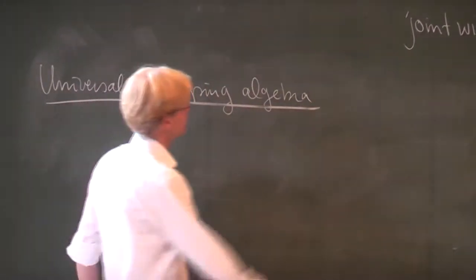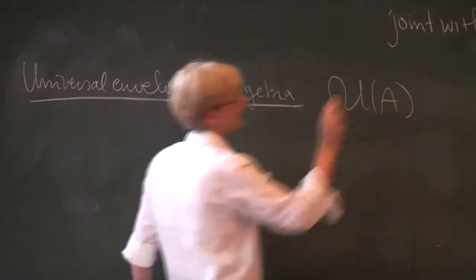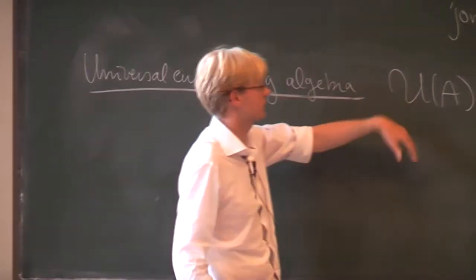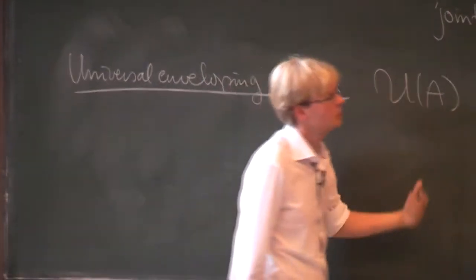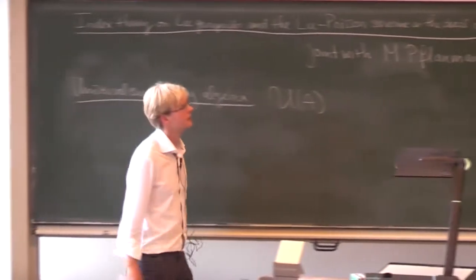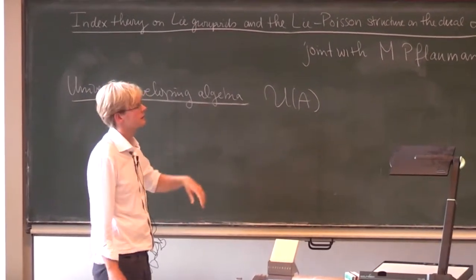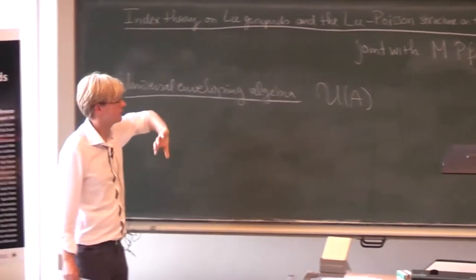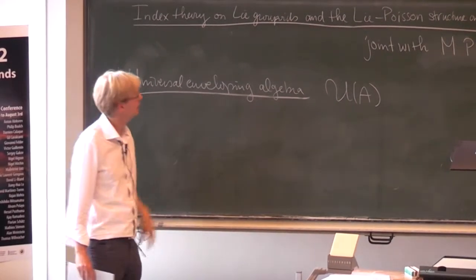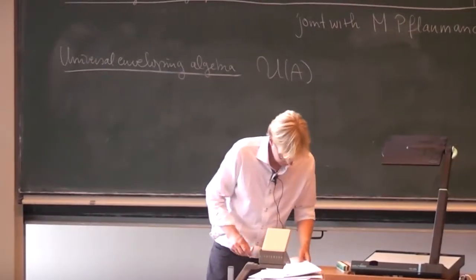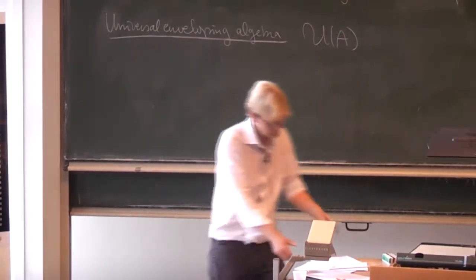So I'll denote the universal enveloping algebra as U of A, and there are two ways to define it, and I'll just say it in words. One is a rather algebraic way, just using the Lie algebroid, but since I'm always assuming, and maybe it's good to stress this from the beginning, that I have a Lie groupoid that has this Lie algebroid as its Lie algebroid, I can also think about this as invariant differential operators on G. I'll explain that later in a more precise way. So it's a non-commutative algebra that's canonically associated to A, and there's a